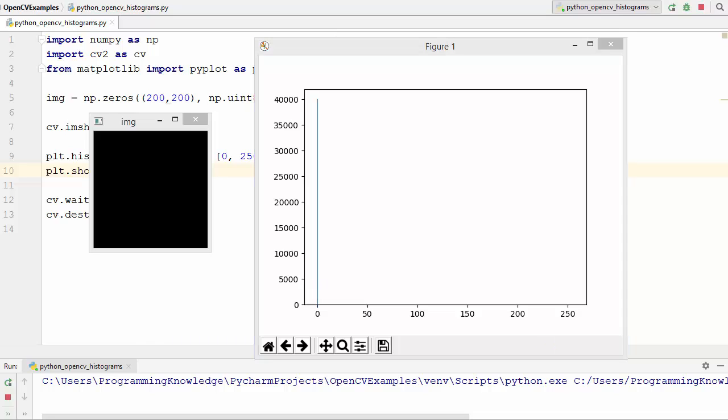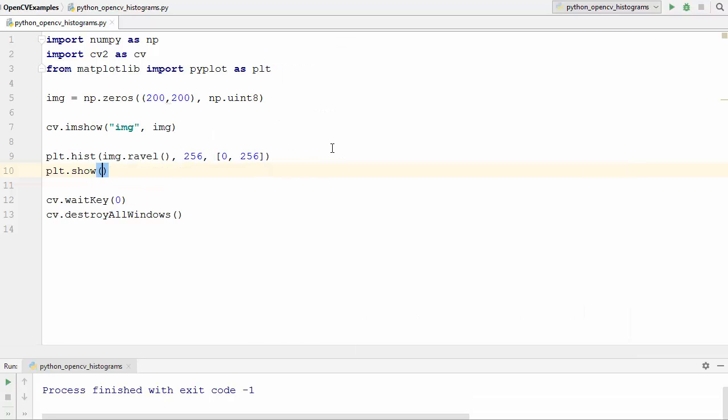Once again, the histogram is a graph or a plot which gives you an overall idea about the intensity distribution of an image. The histogram is just another way of understanding the image. By looking at the histogram of an image, you can get the intuition about the contrast, brightness, intensity distribution, etc. Now let's improve this example which we have. I'm going to close this window,